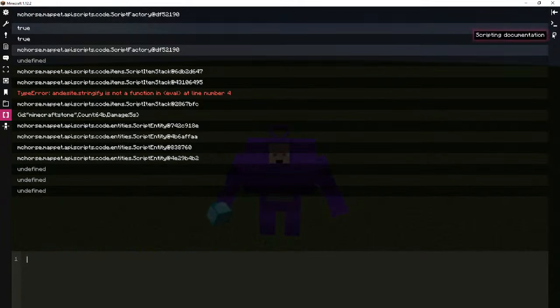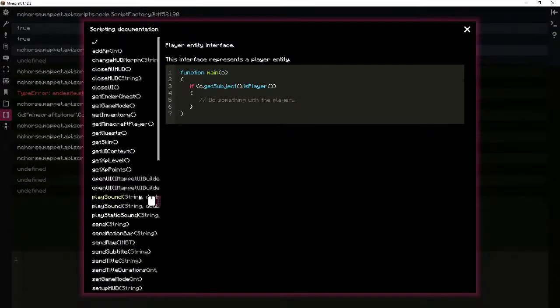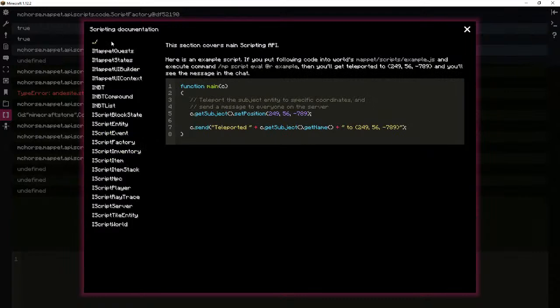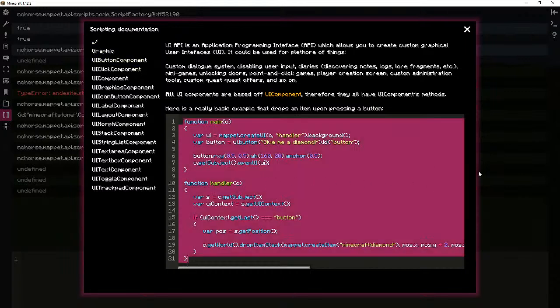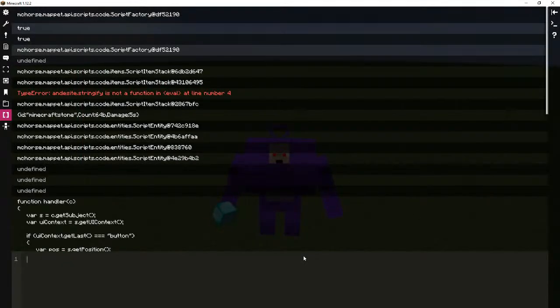So there's a lot of methods that could be used to make different, I guess, modes and stuff like that. There are a lot of possibilities you can do. And for example, there is also a UI API, which allows you to create more or less flexible UIs. For example,